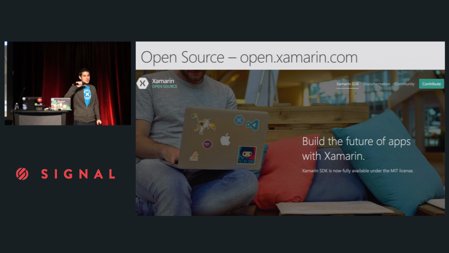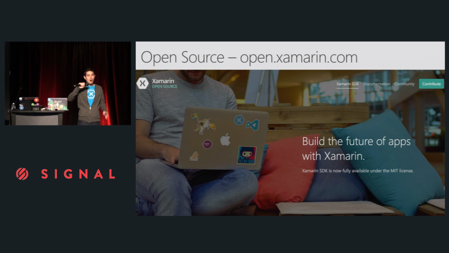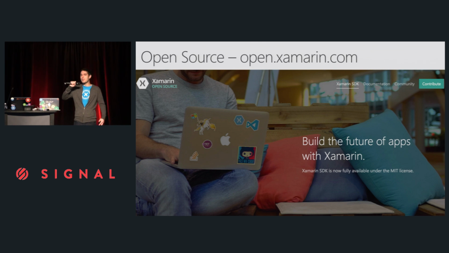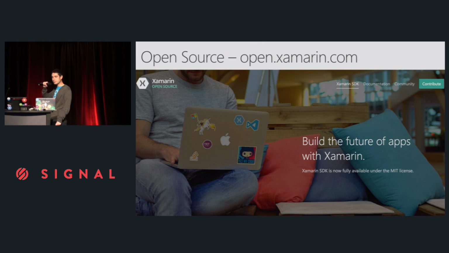We also, at the same time, open sourced everything too. So our Mono, our Xamarin iOS, Android, Xamarin Forms, everything is open source. You can learn all about our open source initiatives at open.xamarin.com. And what's really cool is if you're building embeddable devices or a game engine or something like that, you can take our amazing Mono runtime and embed it inside of anything that you want to do. It's all under MIT, which is really awesome.